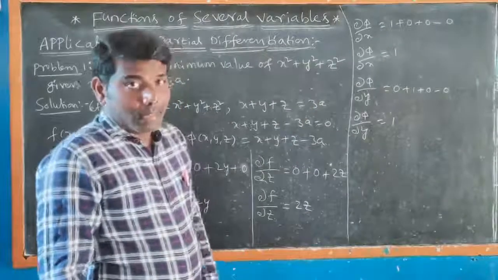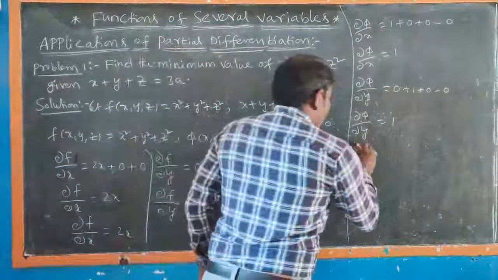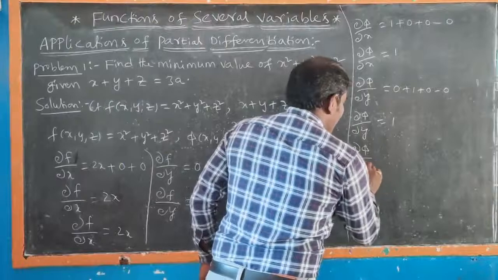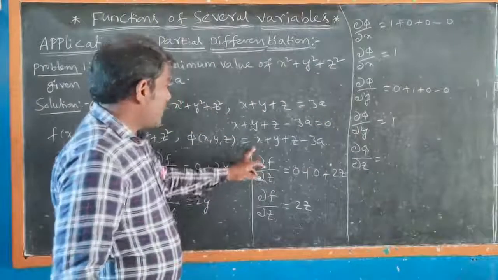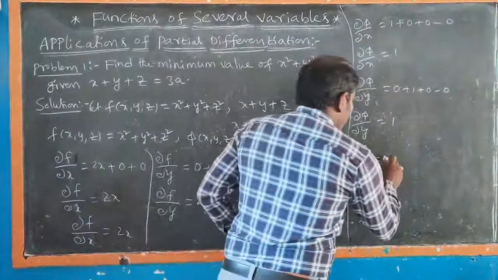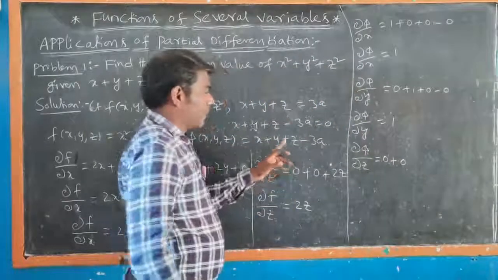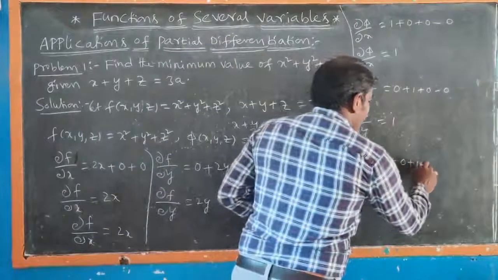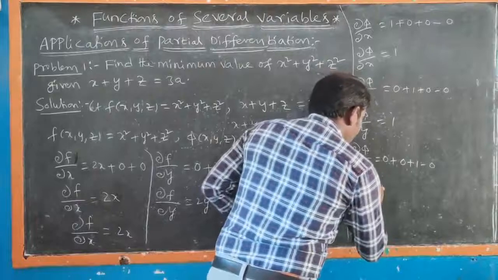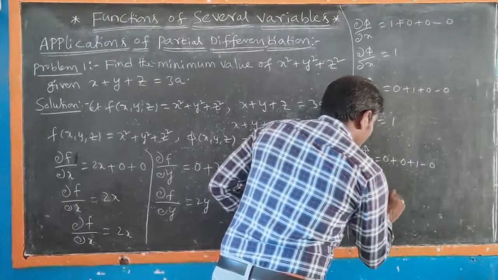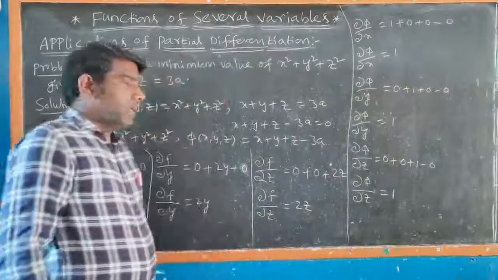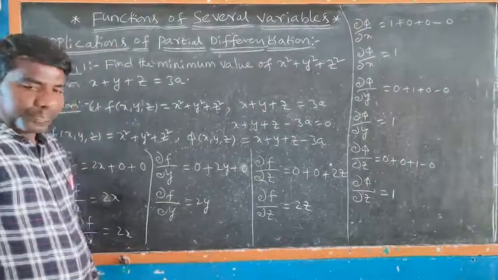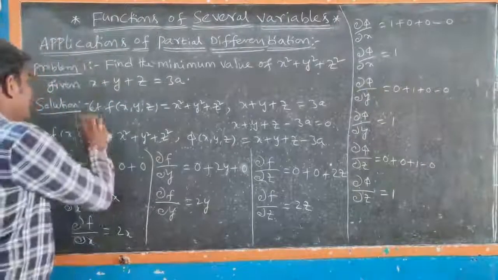Okay. Next, with respect to z, ∂φ/∂z, x and y are constant. So x derivative 0, plus y derivative 0, plus z derivative with respect to z is 1, minus 0. Now finally, ∂φ/∂z is equal to 1. Okay, right. Now by Lagrange's method,